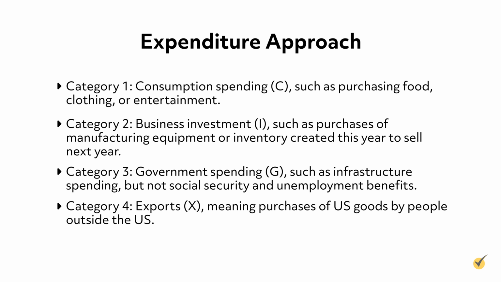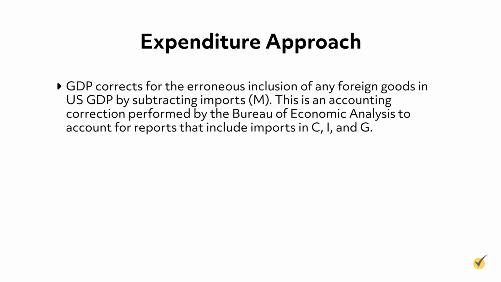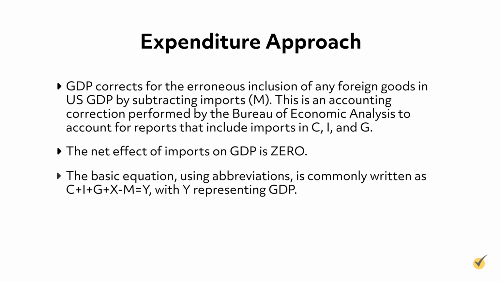The last category is exports, or X, meaning purchases of U.S. goods by people outside the U.S. Finally, GDP corrects for the erroneous inclusion of any foreign goods in U.S. GDP by subtracting imports, or IM. This is an accounting correction performed by the Bureau of Economic Analysis to account for reports that include imports in C, I, and G. The net effect of imports on GDP is 0. The basic equation using abbreviations is commonly written as C plus I plus G plus X minus M equals Y,